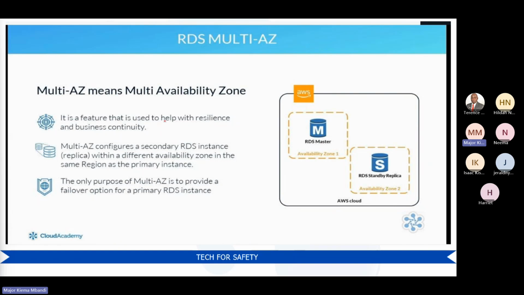So it is a feature that is used to help with resilience and business continuity. Multi-AZ configures a secondary RDS instance, that is the replica, within a different availability zone in the same region as the primary instance. So we can have the one, you can call it master or primary, in AZ1. And you can have a standby replica in AZ2. So you see this is a region, maybe let's say US